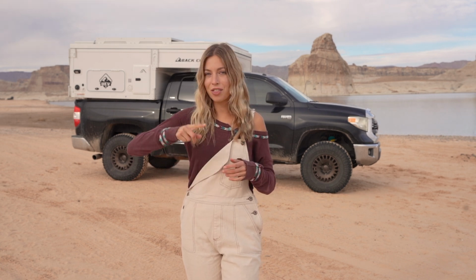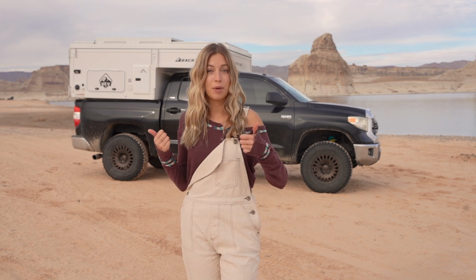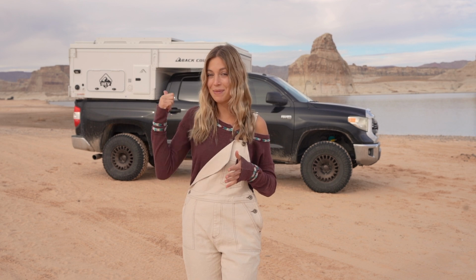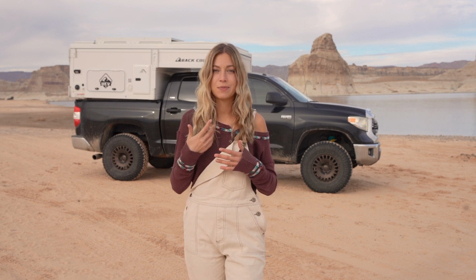We've driven all the way to Alaska on a bunch of different off-road trails and all over Utah, rock crawling, through the mud, through river crossings. I haven't had a problem yet. There is definitely still some more upgrades that I want to make to the truck, but with time I'll continue to build it out. But so far, what I've done to the truck has worked really great for me in